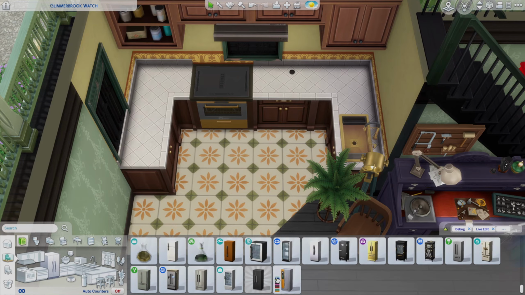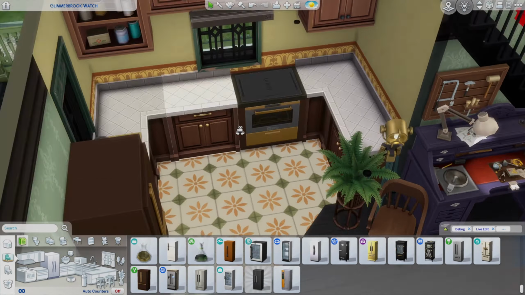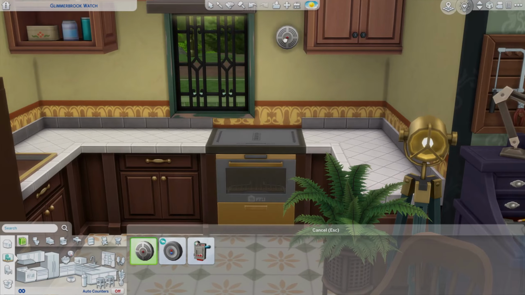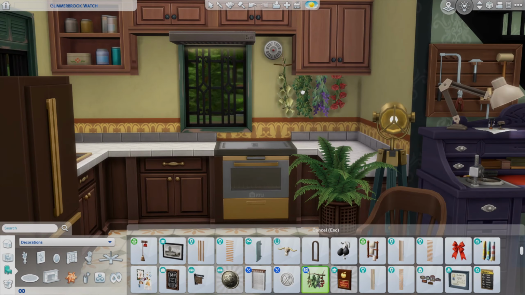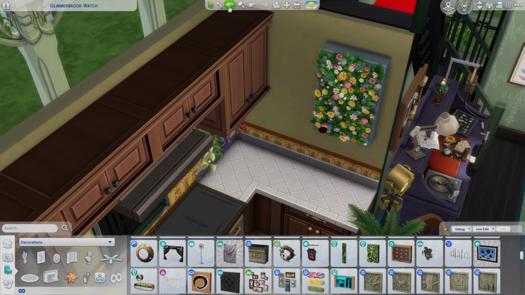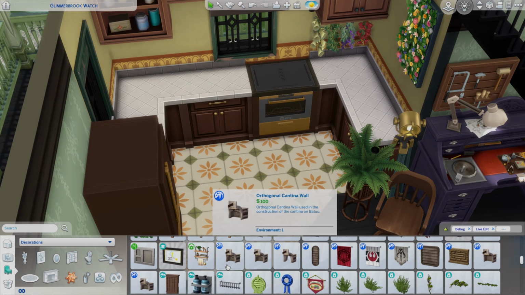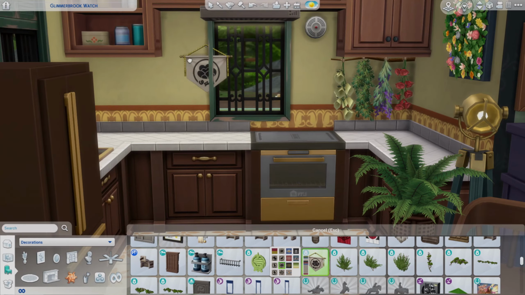As I say, it is really designed for just one sim, so I thought it could work in here. We do have a full length window here on the side, but the cabinet kind of goes over the top of it, and so it kind of takes it away a little bit. But I quite like the way that I've done this kitchen in here, and yeah, it was a really small little space, and I struggled with